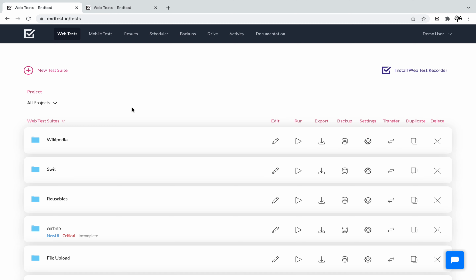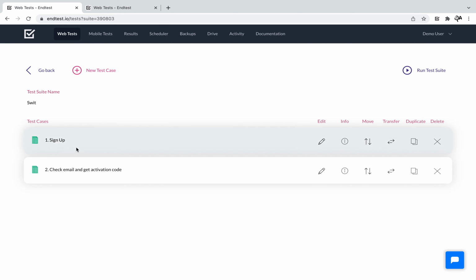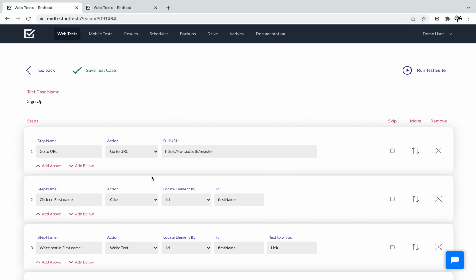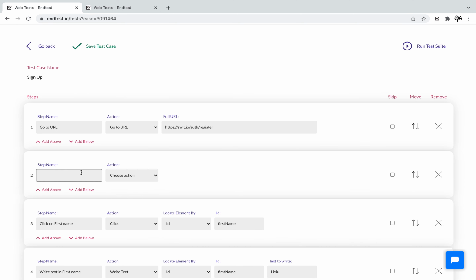Let's take a look at the import test case action. Inside this test suite, we have a sign up test case, and I want to import a test case here. So, for example, I want to import a test case that will dismiss the pop-up that appears. So let's say,